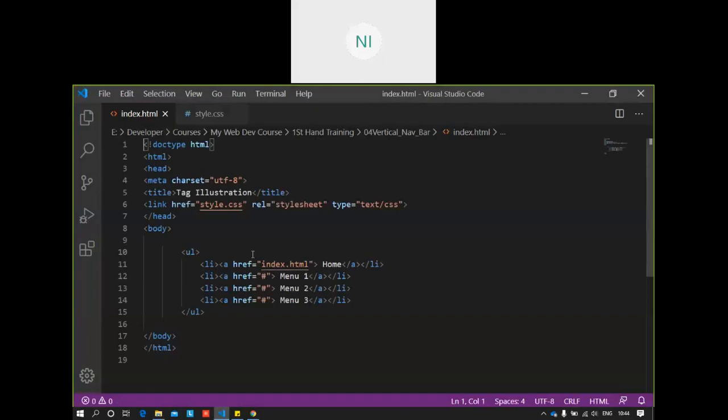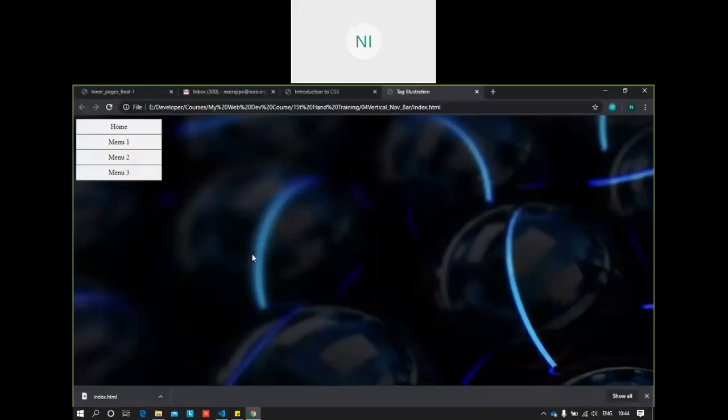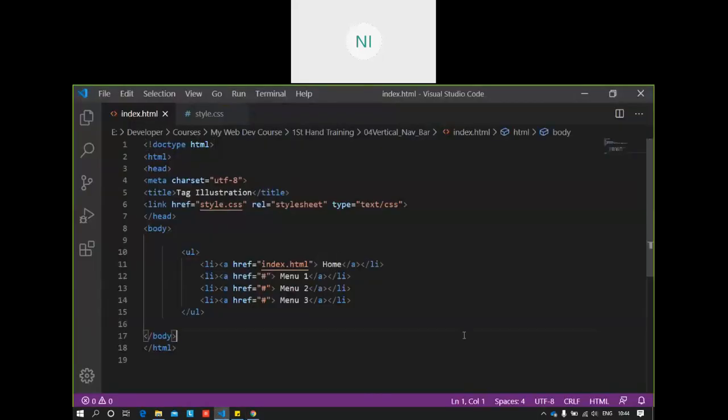So basically, what we are doing here is we are trying to make something like this. We are trying to make a vertical menu, not a horizontal one. We've learned about the UL tag, right? Unordered list tag. So we can use this to do it. Nowadays we have something like the nav bar, which will help us to